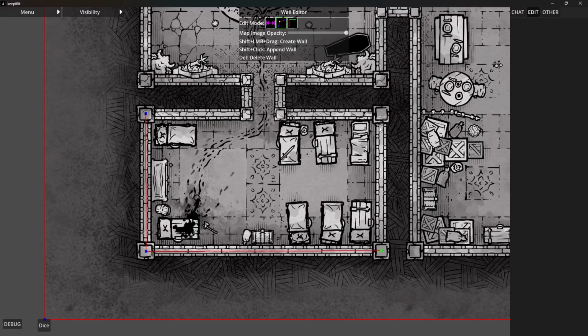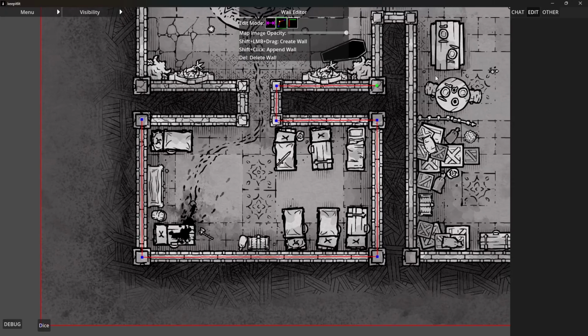That snaps in a wall there. I'm going to go here, doing the same thing. I'm just holding the shift button down the whole time I go through this. Okay, so now I'm going to let up on the shift key,